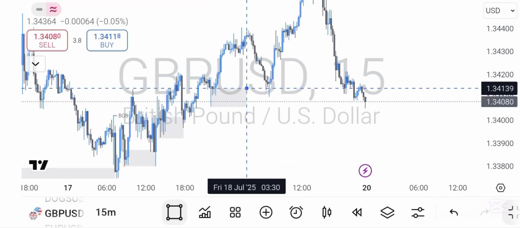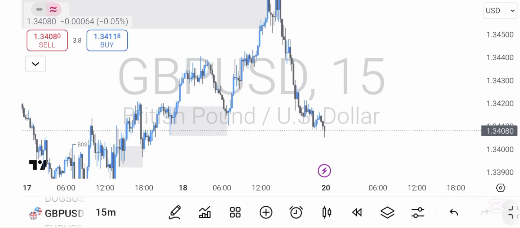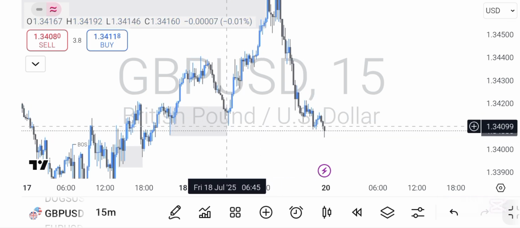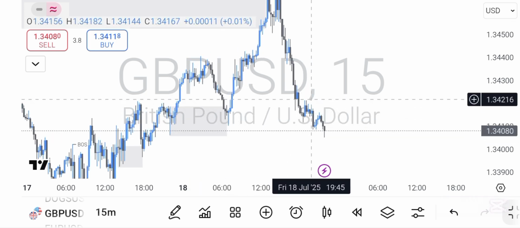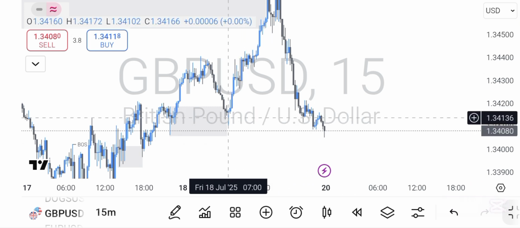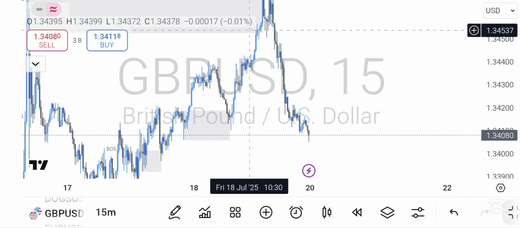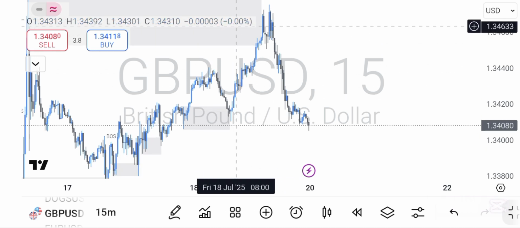So the last one mitigated. So this price was supposed to respect this demand zone, then continue to move higher. But why is this demand zone getting swept? Now this demand zone is getting swept because price has already come to this supply zone, and because of that